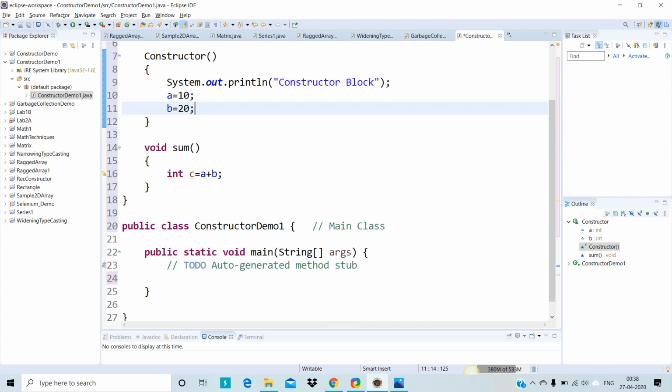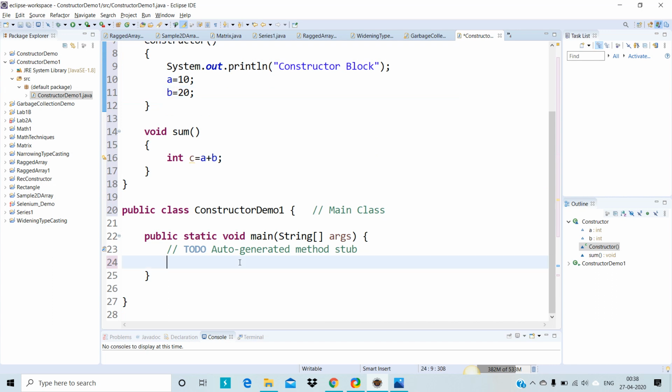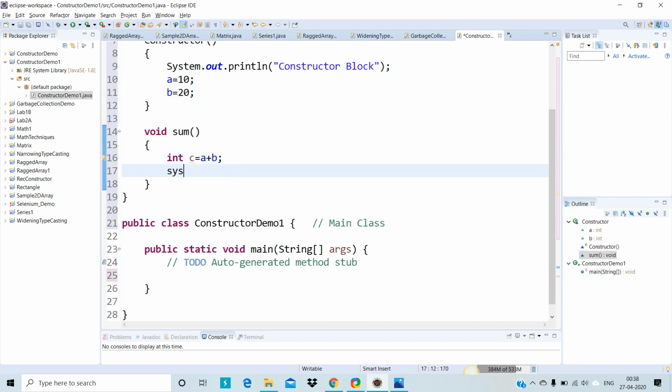I have not called the method yet, and I have not printed the result. So I'll use System.out.println, and inside this: result of addition is equal to, plus, using the concatenation operator, and print the answer c, right?